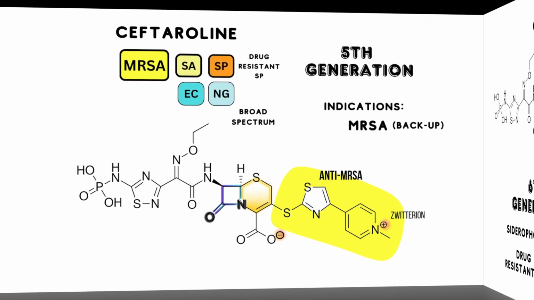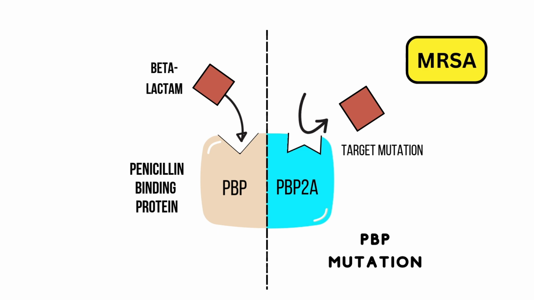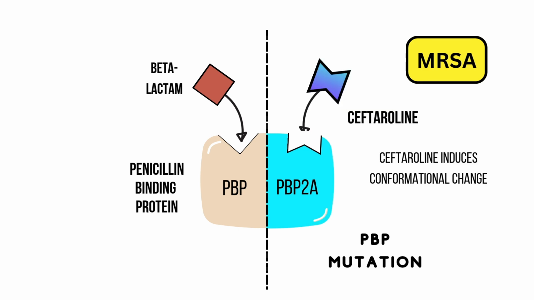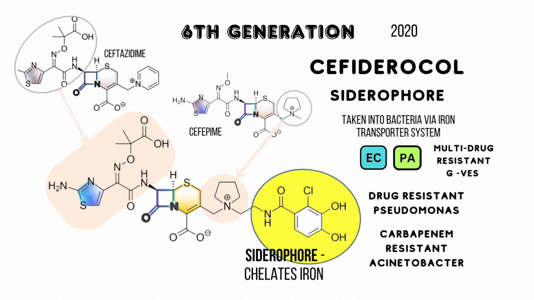After the fourth generation, the fifth and sixth generations have much more elaborate side chains and novel mechanisms of action. The fifth generation cephalosporins are remarkable in that they feature a side chain which enables them to bind to the PBPs of MRSA, something that no other generation of cephalosporin nor any of the other beta-lactams are able to do.